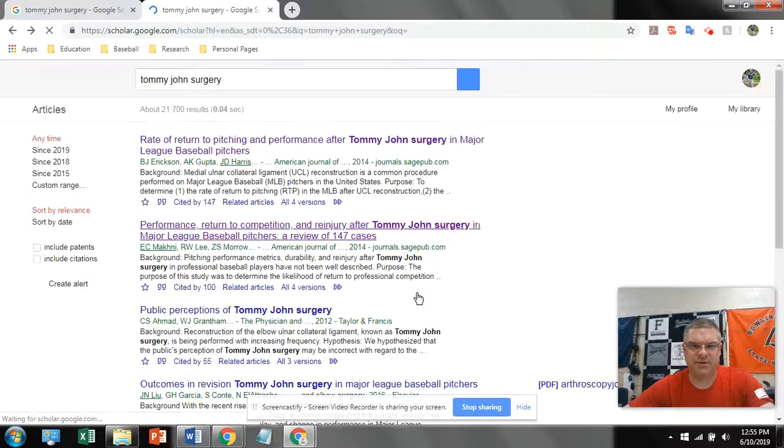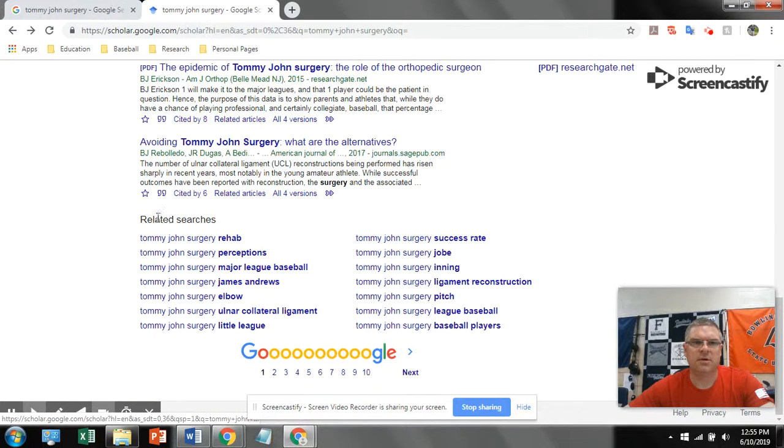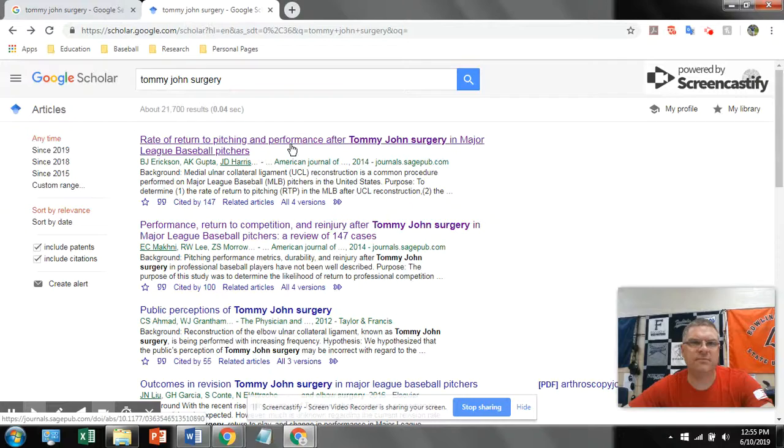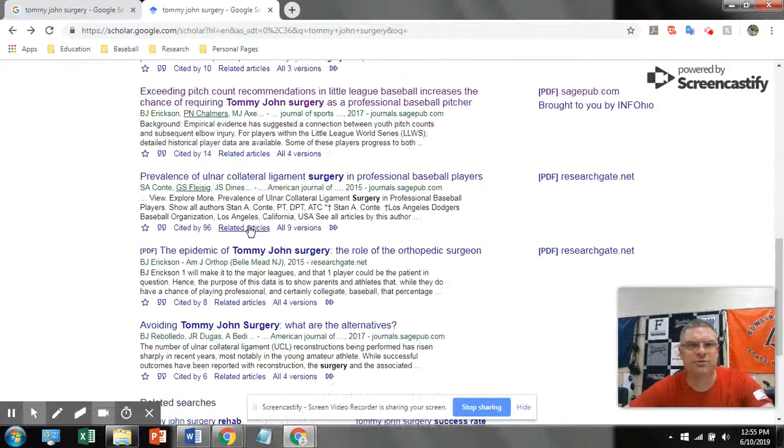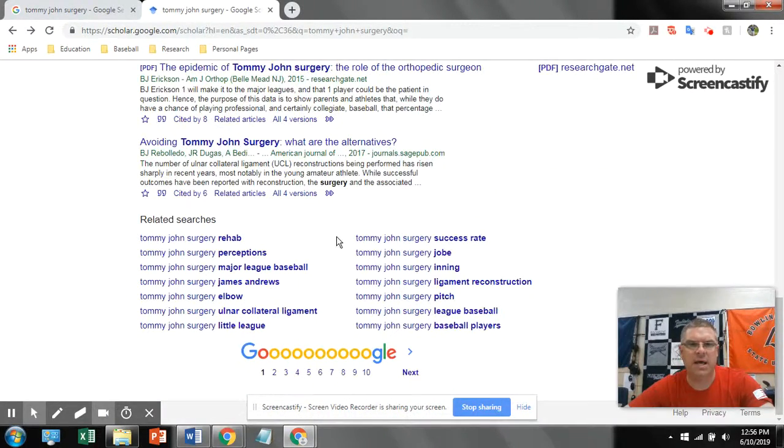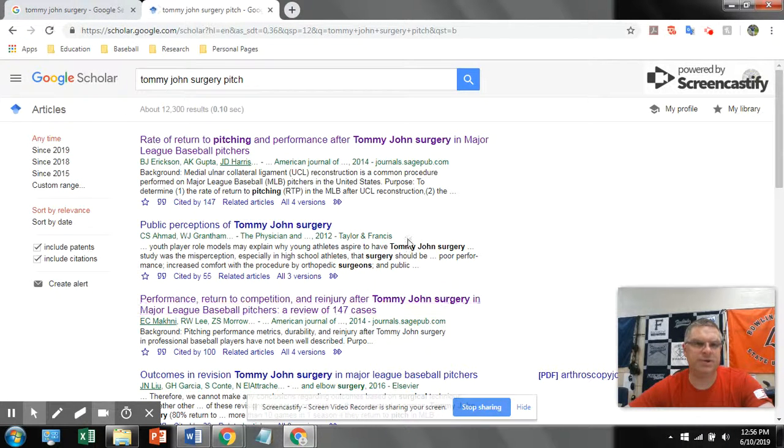So if I go back to my search, I can come down here to the related search, and if I wanted to narrow down Tommy John surgery even more, I could talk about if there's an innings restriction or a pitch restriction that I could look at. I could click on the related search. It would pop up even fewer results. There, I cut them almost exactly in half,